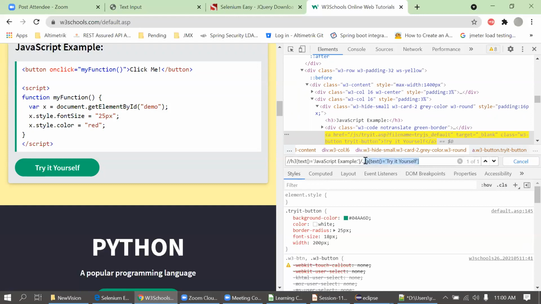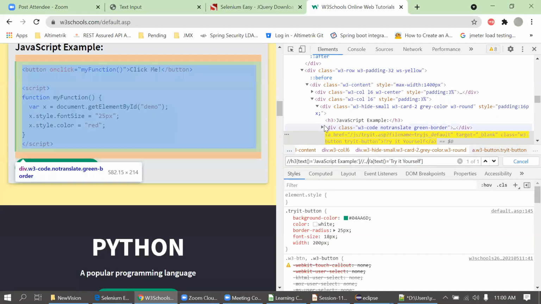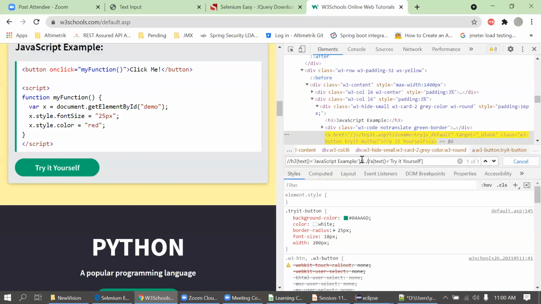I'll show you. I'll put double slash here. Same, it's working fine. But I know I have to go to the immediate parent, that's why I just use the single. In some cases it might go wrong. If I know I have to go to the immediate, I just use the single. That's it.